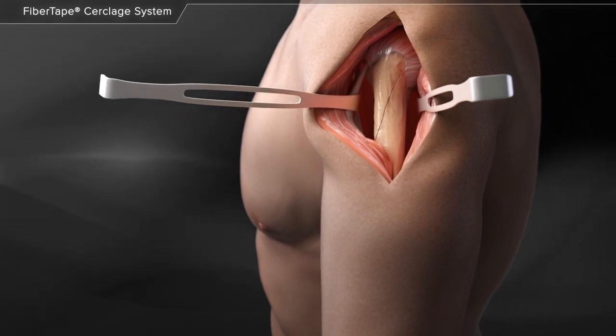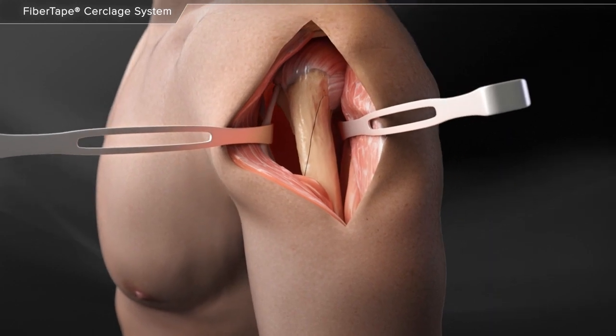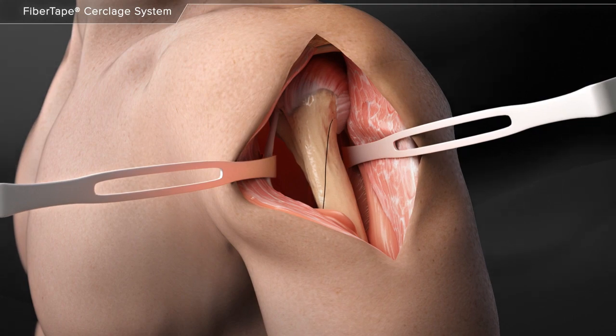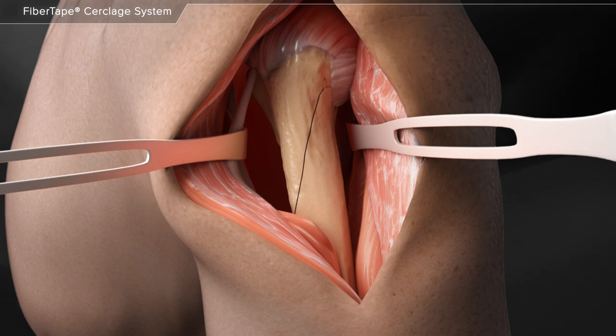FiberTape cerclage is a radiotranslucent suture that eliminates the need for metal cables and wires for fracture closure without sacrificing the strength or security of the repair. When cerclage is needed for fracture repair, the FiberTape cerclage system can be used to reduce and secure the fracture